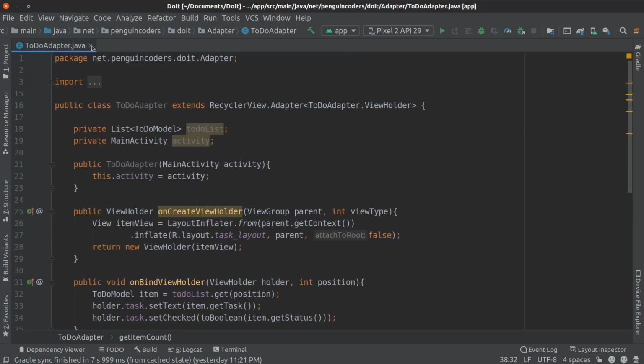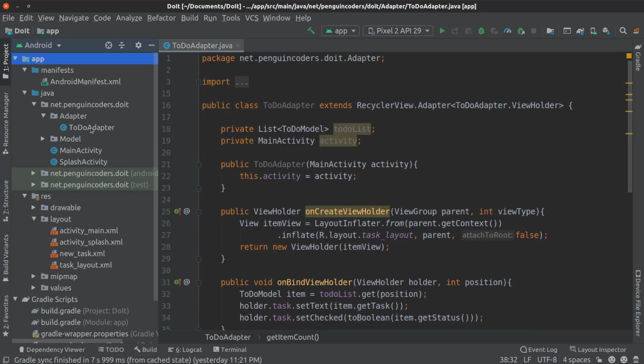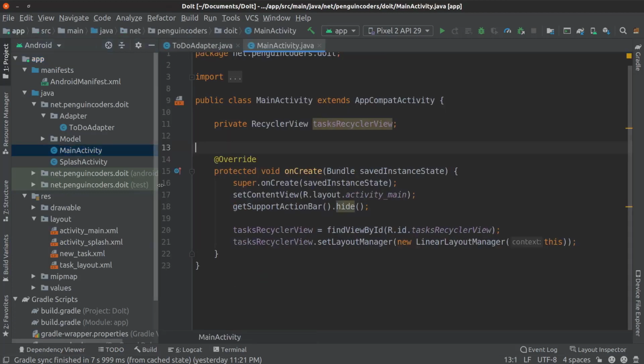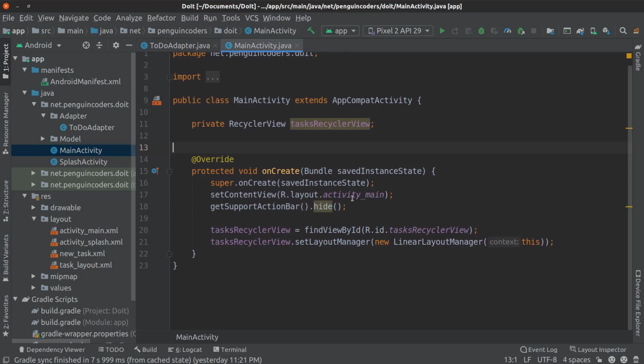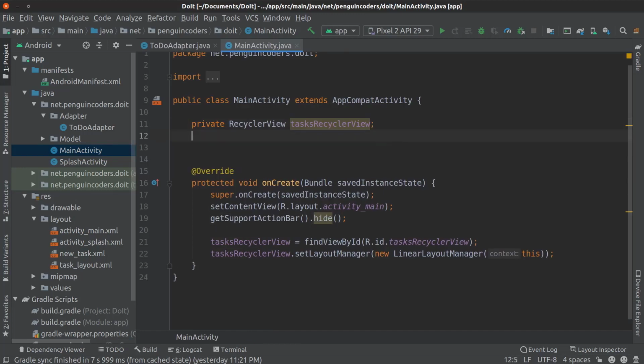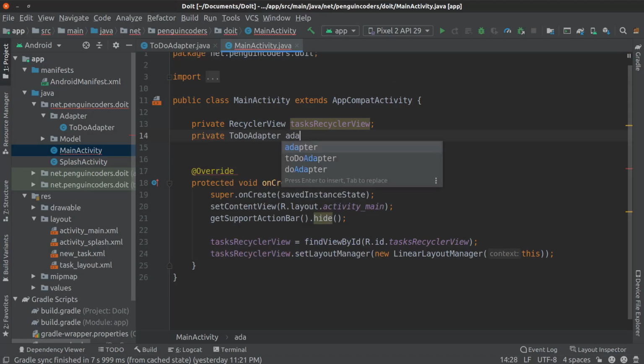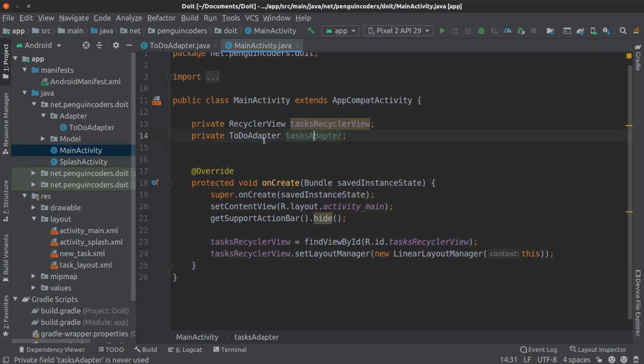Now we will again go back to the main activity, where we need to define some variables such as the to do adapter and all. So I will be defining those here. I will be defining a private to do adapter, and this will be renamed as tasks adapter.